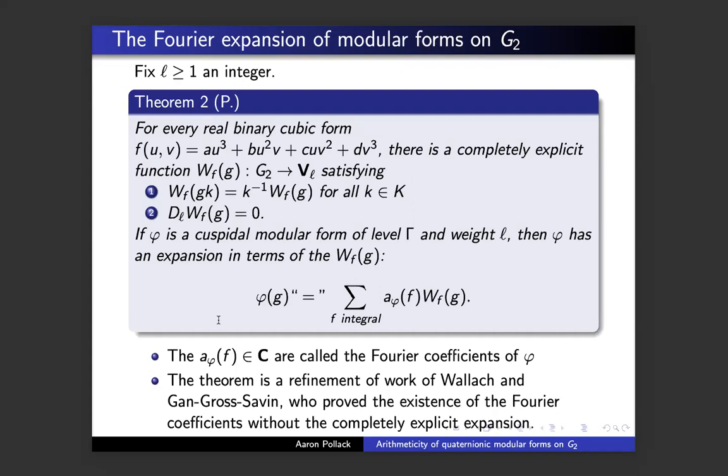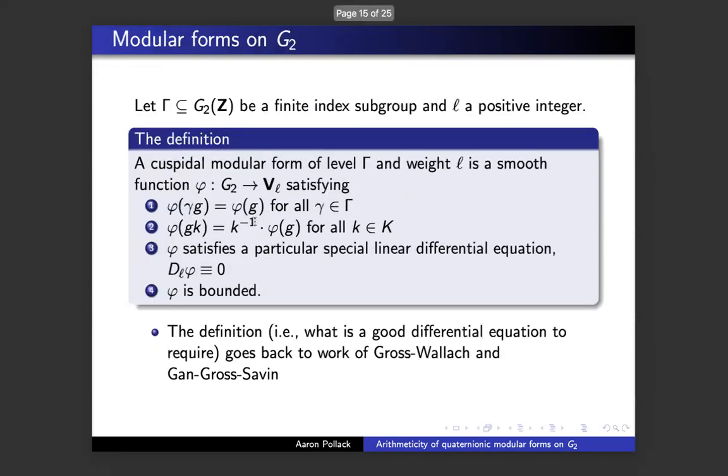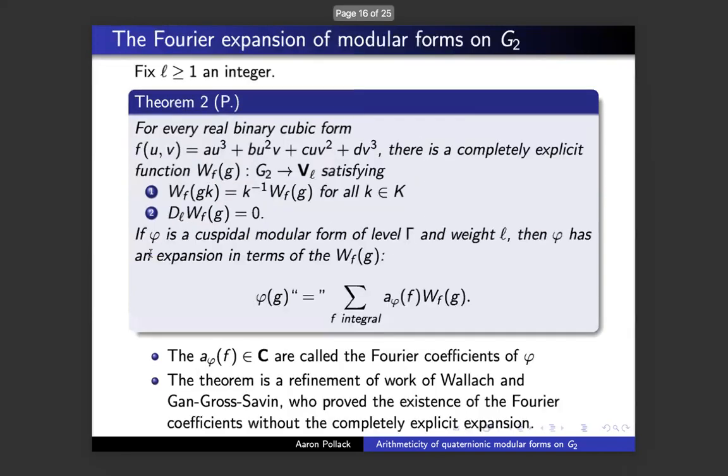Namely, it's K equivariant and it satisfies the differential equation. However, the WFs are not gamma invariant. Okay, so the WF just satisfies conditions 2 and 3 here. Then it turns out that if phi is a cuspidal modular form of level gamma and weight L, then you